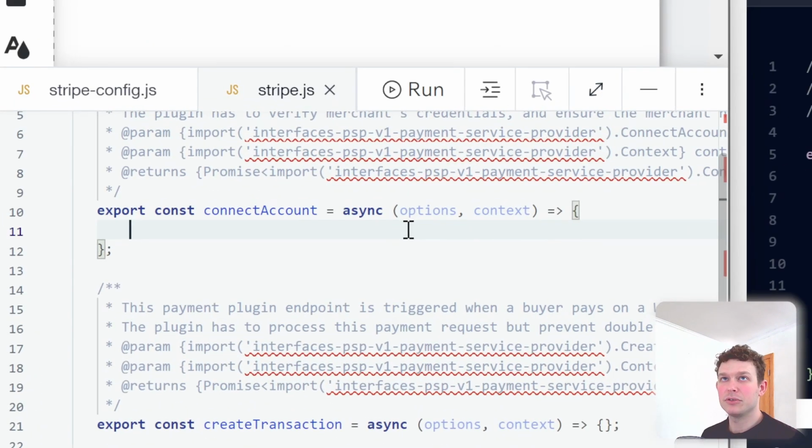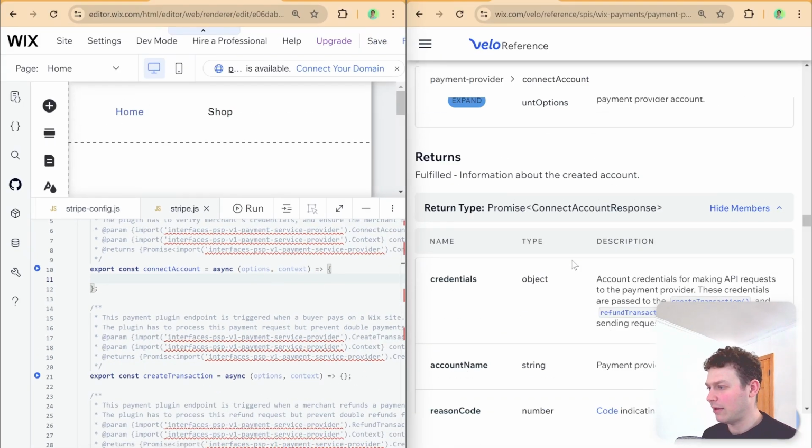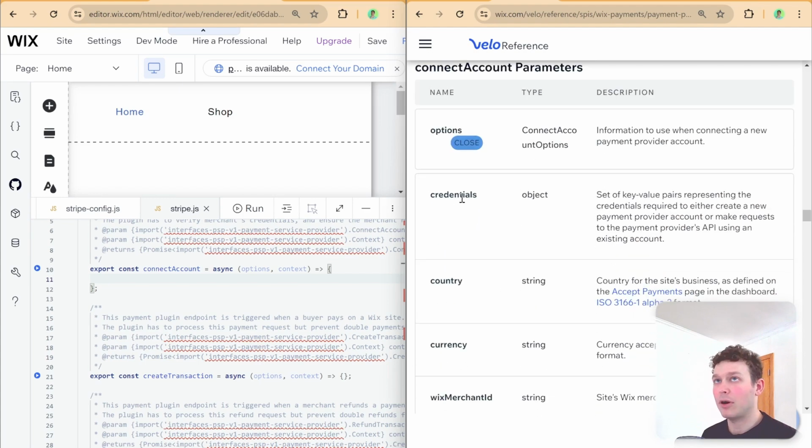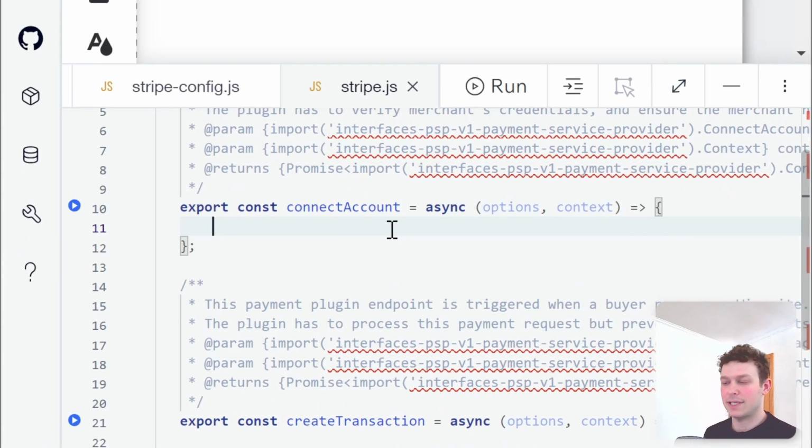So the first thing I'm going to do is get our credentials from this options parameter. And just to show you here, we have options, and if I go ahead and expand that, you can see that part of the options is the credentials. So I'm just going to extract that over here inside of the code. So I'm going to say const credentials